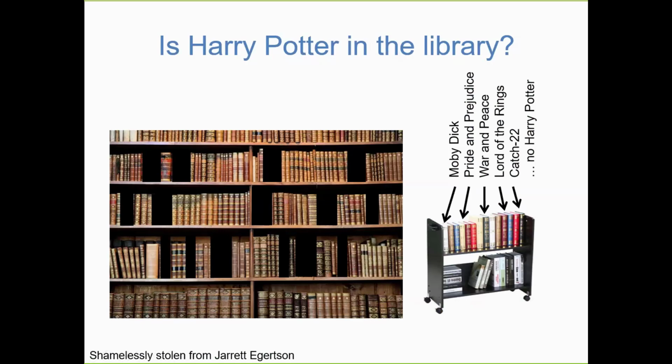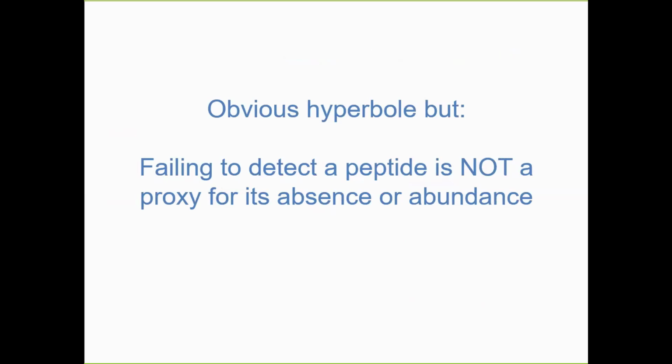And so you wouldn't necessarily go back and say, there's actually no Harry Potter in the library. The better way to do this would be to look using the Dewey Decimal System for the spot in the library corresponding to J.K. Rowling, look for Harry Potter and pull down that book and see if it was actually there or not. Now, this is obviously hyperbolic relative to data-dependent acquisition, but I think this point is pretty important